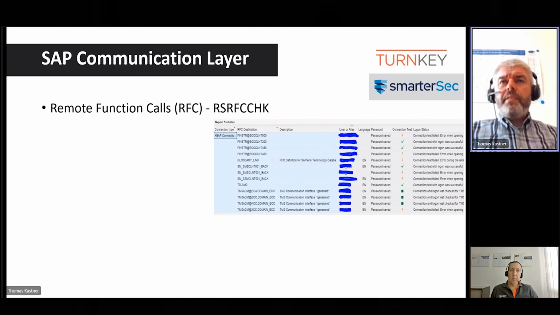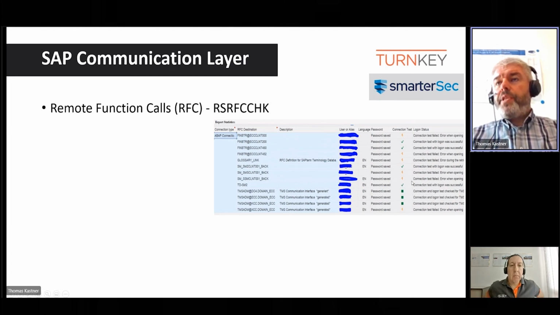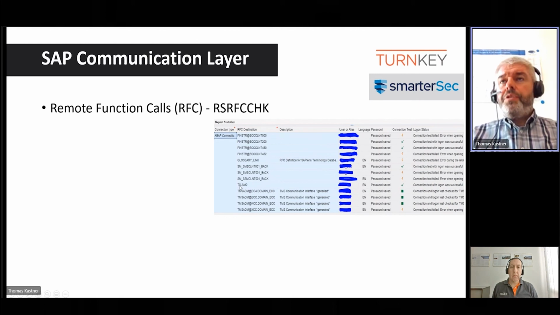Why is that? I could, for example, easily click on TD-SM2, and all of a sudden, I'm in that SAP system. It even gives you the possibility to say, could I really connect to that system, or was I not able to connect? So where is the vulnerability?